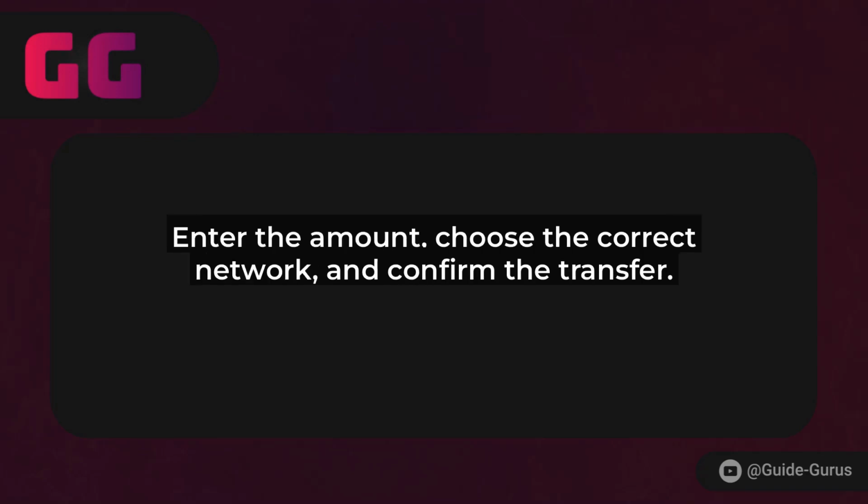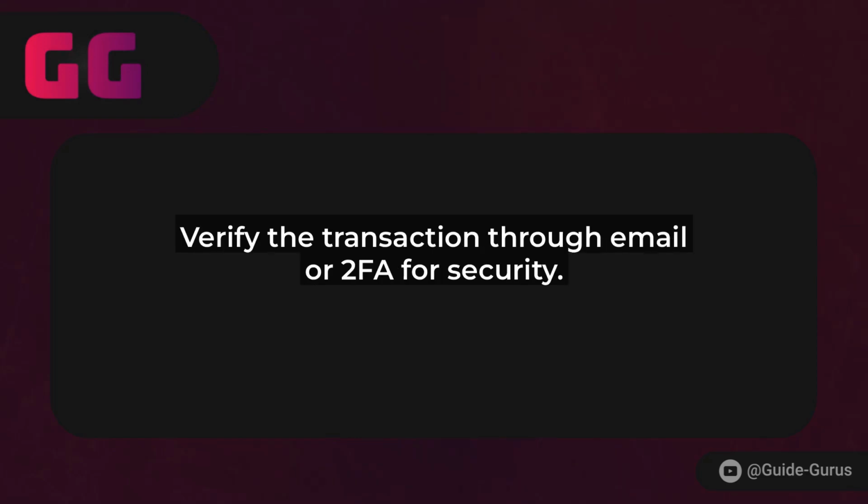Enter the amount of Tether you want to transfer, making sure it's above any minimum limits and accounting for network fees. Most Tether transfers use the Tron or ERC20 network, so select the right one based on your Binance setup to avoid extra costs. Hit Confirm, and you'll likely need to verify this through email, SMS, or two-factor authentication for security. Once approved, sit tight. The transfer usually takes a few minutes to an hour, depending on network congestion.